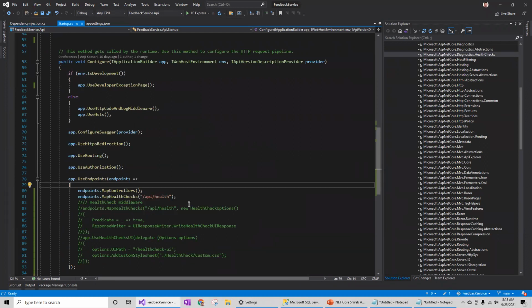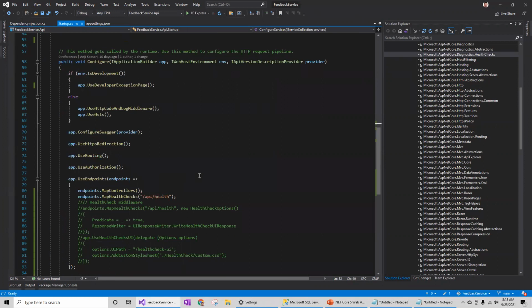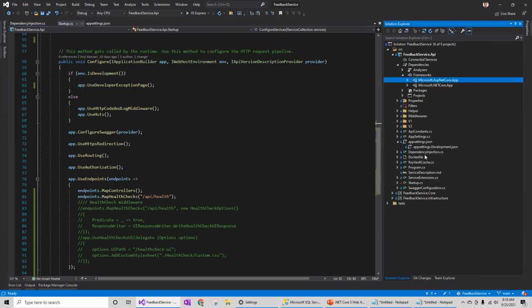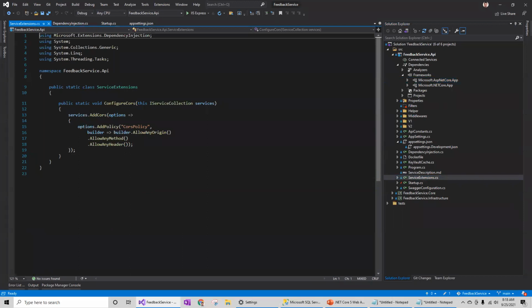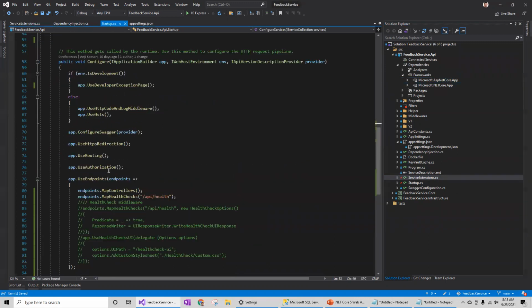Now I'm going to add more code, but I will not be adding more code in the startup.cs. As I mentioned, let's see the best practice to make sure that we are organizing the code better. As part of that, I'm going to use the service extension, and I will add health check and the code for health check related. So let me add one more endpoint API and method. Sorry, one more method here, and then call that method in the startup.cs.